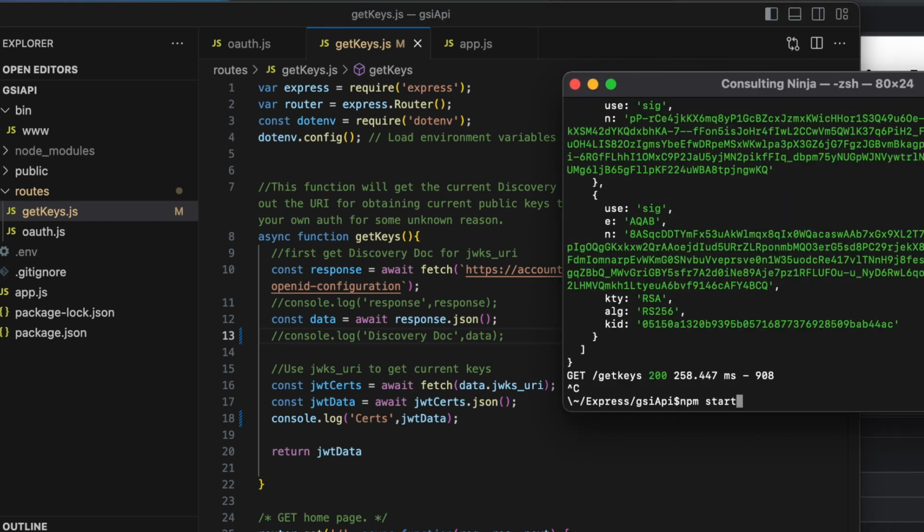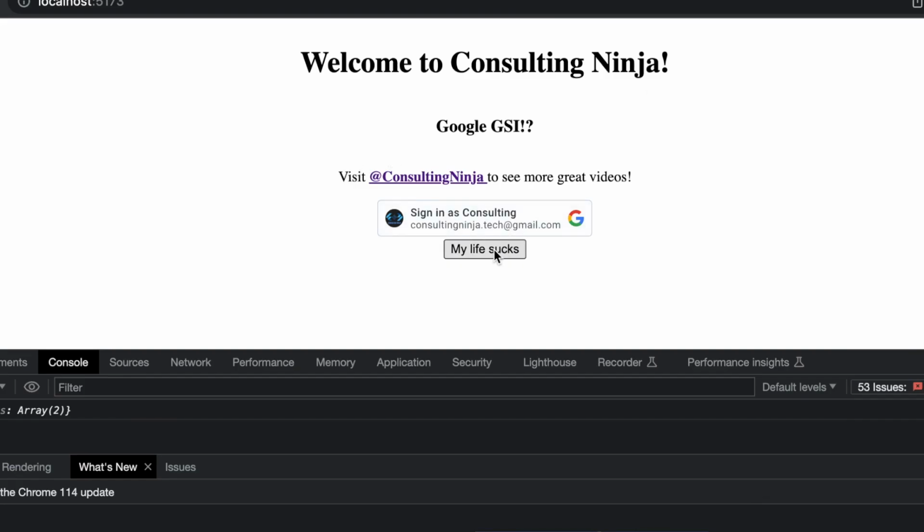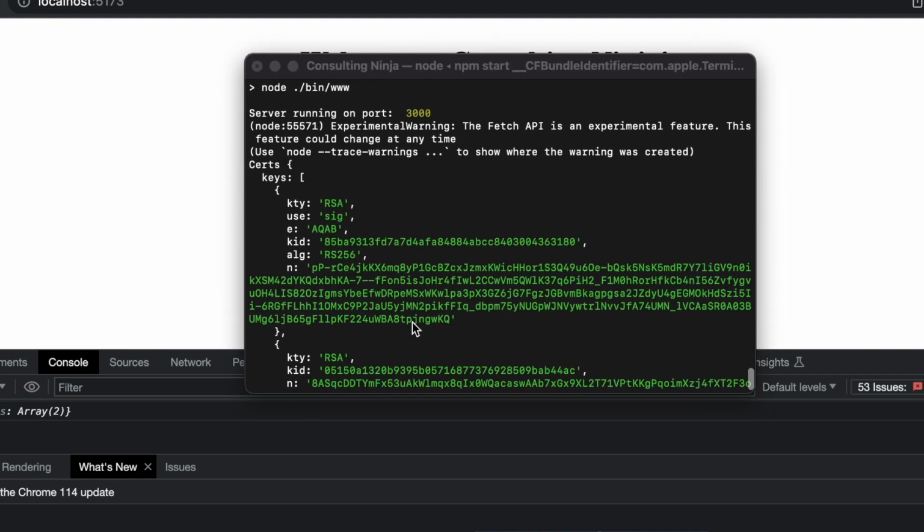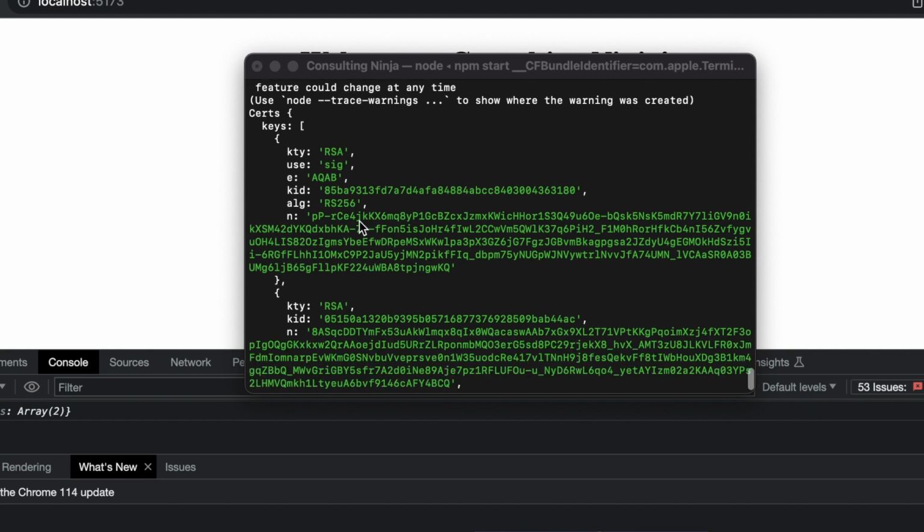Then we just need to restart our server. And now I'll click that My Life Sucks button one more time. And here are the certificates that come back. We have what kind of key they are, the key ID, and the actual key. And what algorithm is used. So then you can use these, like I said, if you needed to go that route to start manually verifying those JSON web tokens and unpackaging the claims to pull out the information that you need, which would just be more